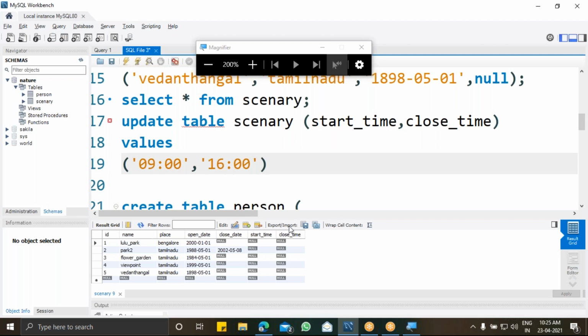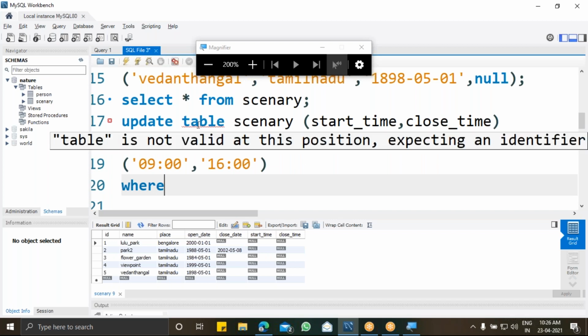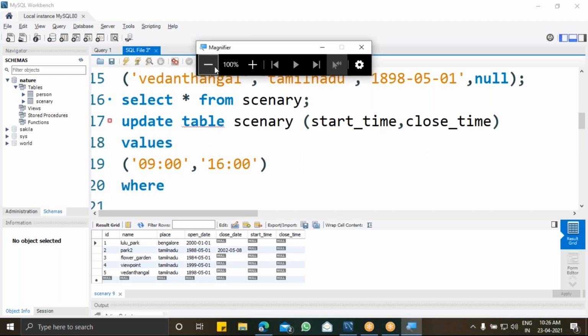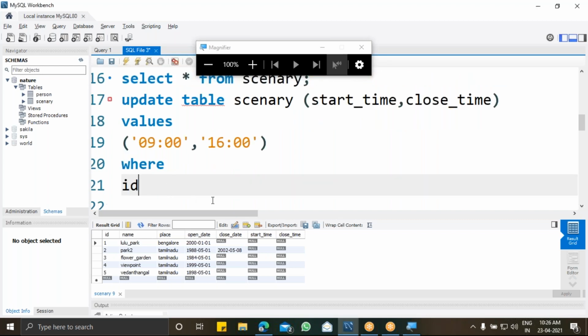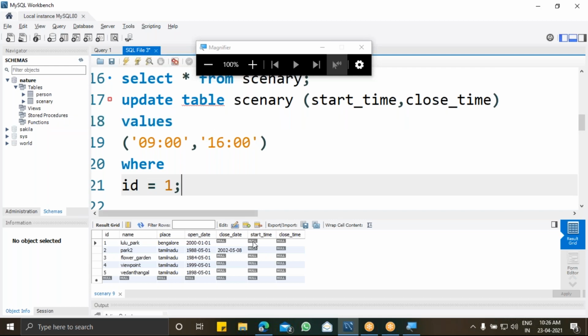So I have to follow with my condition, where. Update will always follow with the where condition. So where my ID is equal to 1. Okay, I'm making another mistake here.